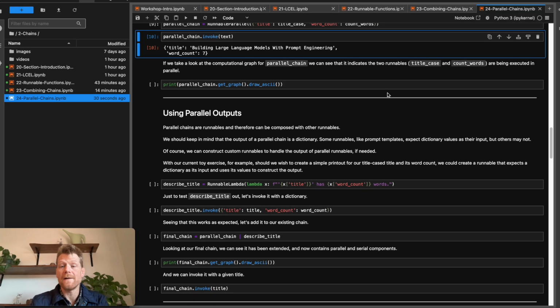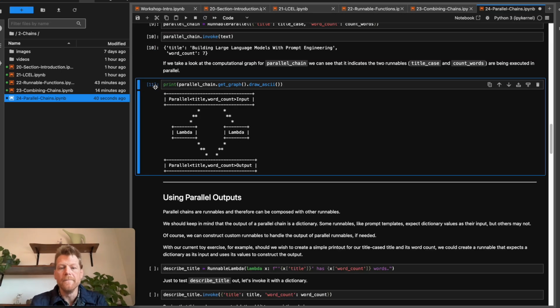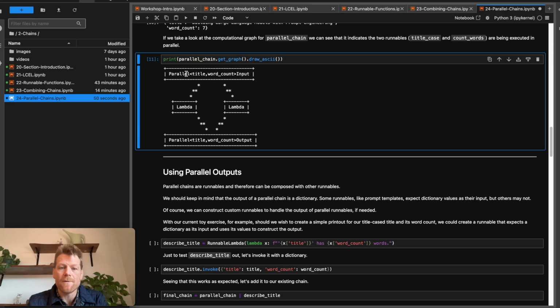Just to explore this further and to help build up your intuition, if you recall, we have this getGraph method, and let's print it out for our parallel chain. You can see that this simple visualization clarifies what we've been discussing here in words, which is namely, we have a parallel chain that is going to provide us with 2 values, a title and a word count. And this simple ASCII drawing shows that these 2 forks, right, these 2